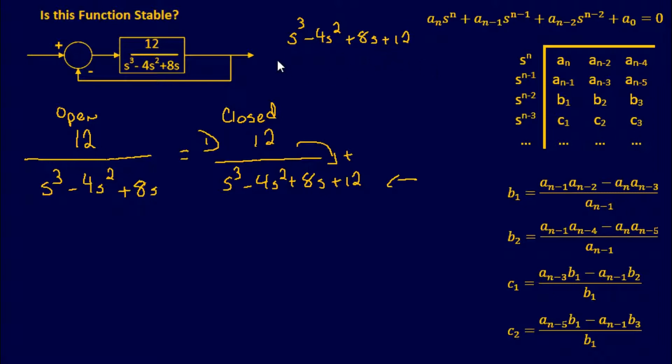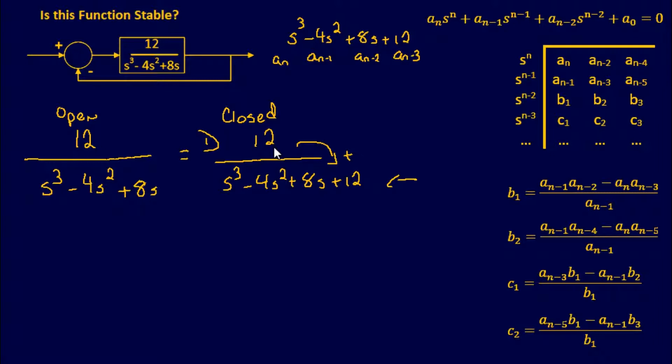And I'll tell you what, I'll make it easy on us. A of n negative 1, A of n negative 2, A of n negative 3. That way when I plug and chug it in the table, it's much easier to follow. See how I did that? I know I did it very quickly, but since it's a negative feedback, I was able to add my numerator to my denominator. This is very similar to how you solve block diagram control systems like we did in the